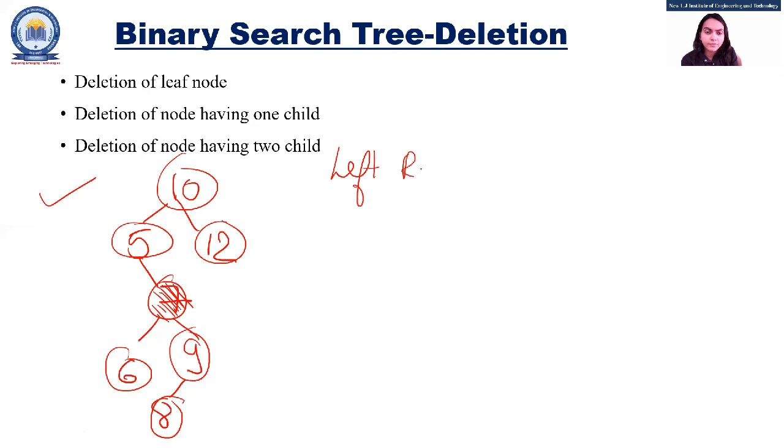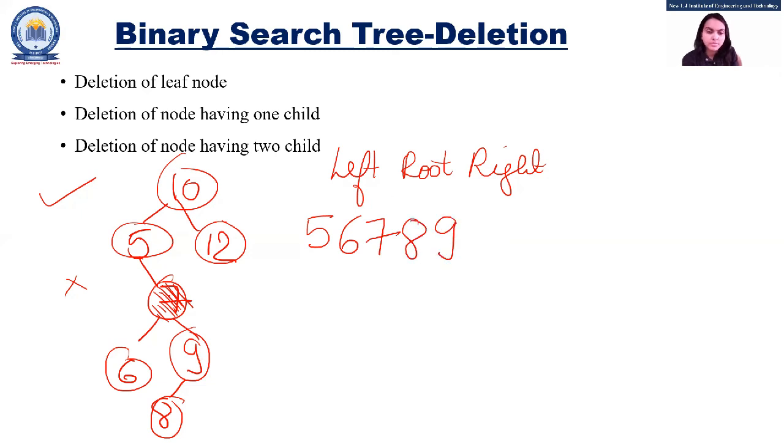So if we find the in order of this tree, what will it be? In order is left, root, and right. So first going to the left, no left, so 5. Then root, which is 5, and right. Now we have 7, so left of 7 is 6, then root 7, and then right. Now again we go towards 9, but it has a left, so 8, 9. So we have 8, 9, and then this whole left is finished, then we have 10, which is the root, and then we have 12.